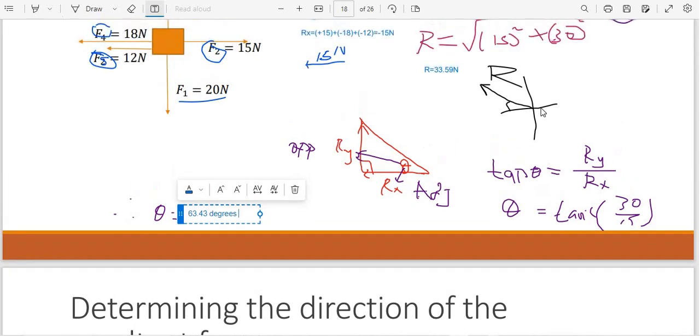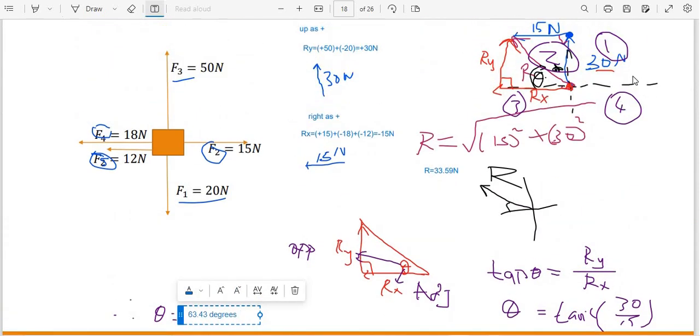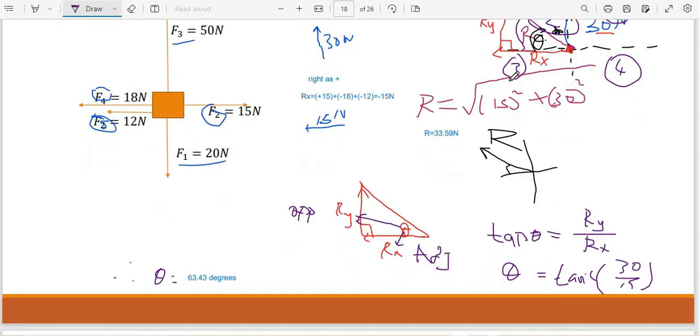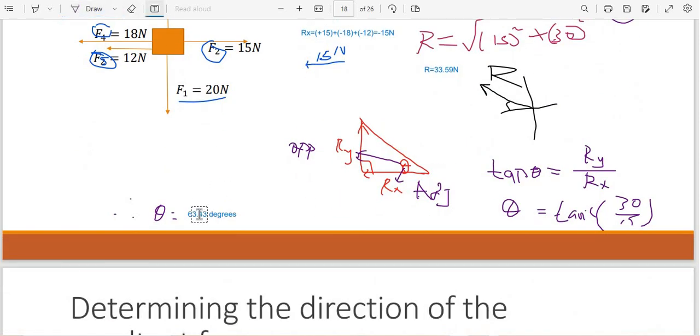Degrees. And where is theta located? These are the positive x-axis. These are the negative x-axis. So remember, we measured theta from the x-axis going in that direction. So this means that theta lies above the negative x-axis. So it means that the angle here is 63,43 degrees above the negative x-axis. To report your angle, you can use this method to write down your angle,